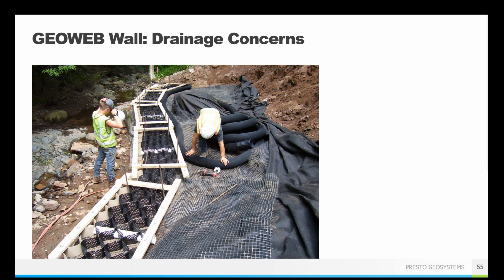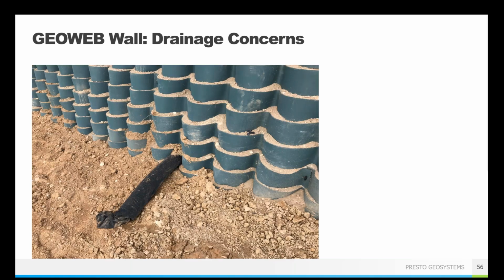And in this case, they are putting a perforated pipe along the back of the GeoWeb panels for drainage collection and to prevent that poor pressure buildup. So you can see that right there with that guy. And then they were daylighting that pipe through the front of the face so that they knew where the water would be coming out. You can have it daylight through the front of the face. You can have it come through the side if you're near the edge of where the GeoWeb walls are going to be. Lots of options there. You really just want to make sure you know, if you are collecting that water, where it's going to come out and what it's going to do in terms of water flow, if you need to collect it, anything like that.